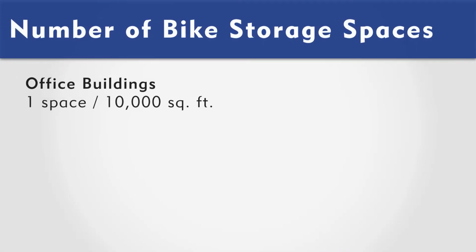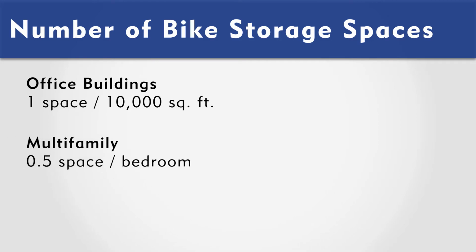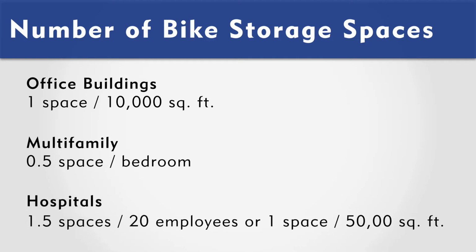If there is no ordinance requiring a certain number of bike storage spots, we suggest following the APBP recommendations, which vary depending on the type of building. For office buildings, the guideline is 1 bike storage space for every 10,000 square feet of floor area. For multifamily housing, plan on a half a space of bike storage for every bedroom. Healthcare and hospitals, either 1.5 spaces for every 20 employees or 1 space for each 50,000 square feet of floor